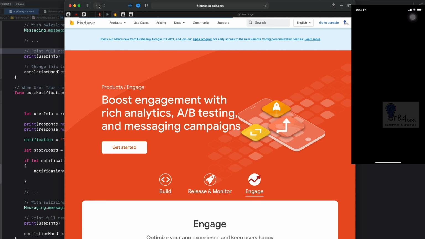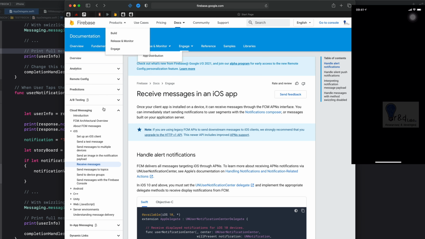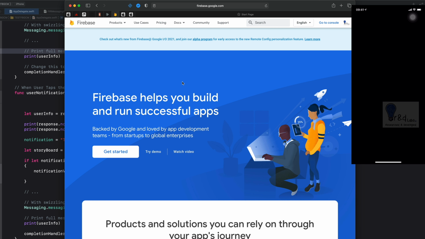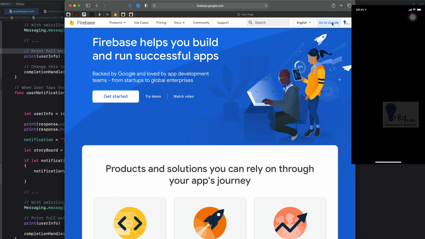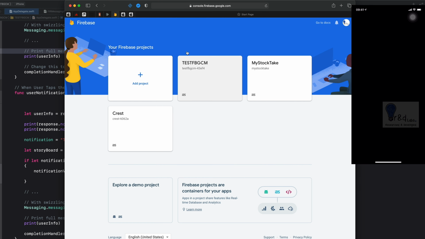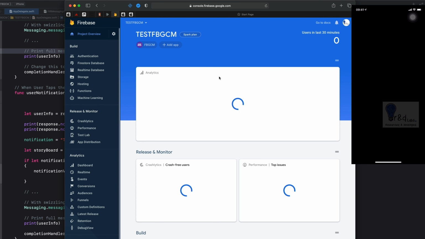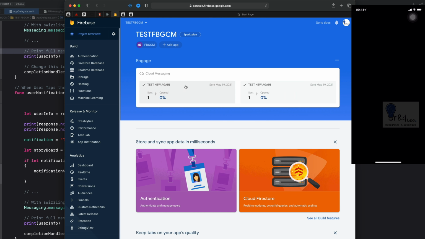Oops, sorry. Okay, let's go to our Firebase homepage, and let's go to our console. We should have a project within our console. Okay, so let's go here, click this,